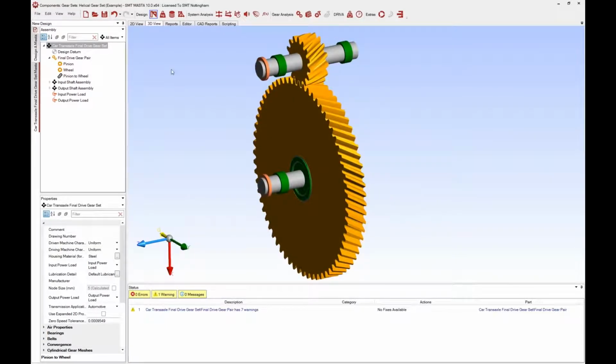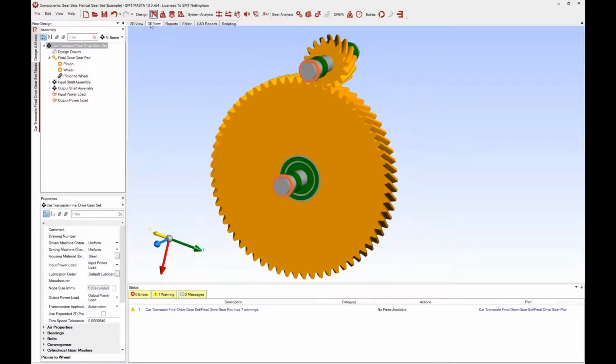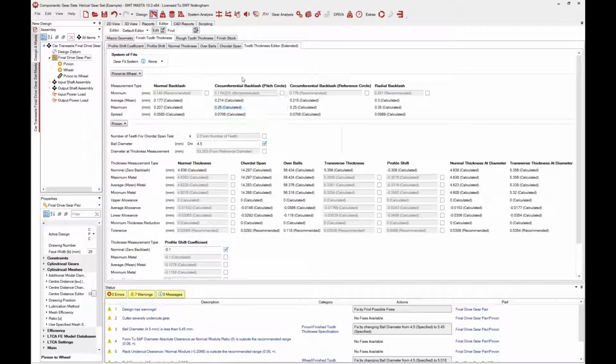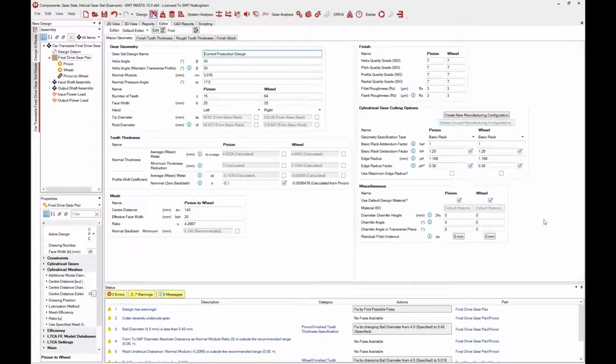Okay, so the next thing I want to discuss very briefly is the ability to use cutters in design mode. I think this is quite a little known thing that was added to one of the recent updates to MASTA, maybe MASTA 9. Even without the manufacturing modules within MASTA, on the editor of a gear set, over on the right-hand side, you have got the ability to use a manufacturing configuration for your